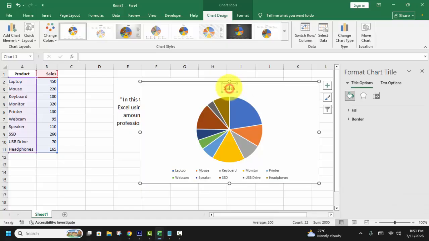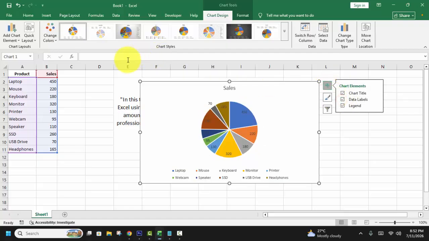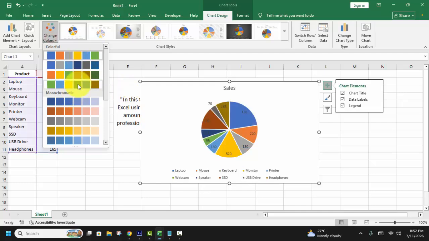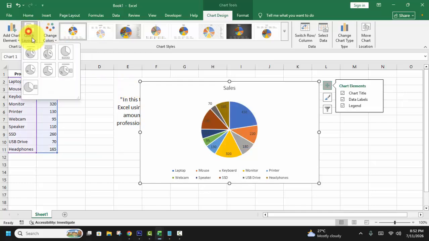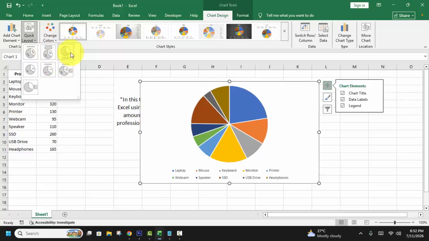Double click on this title, change your title name here, change shadow, glow, add data labels, and now see this, change colors, layout, choose layout options,